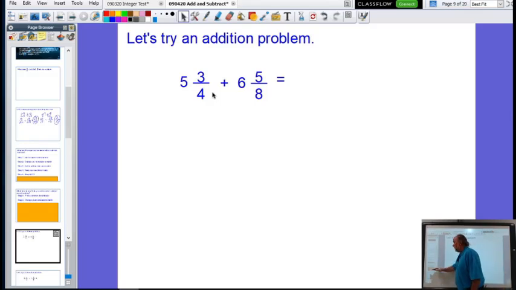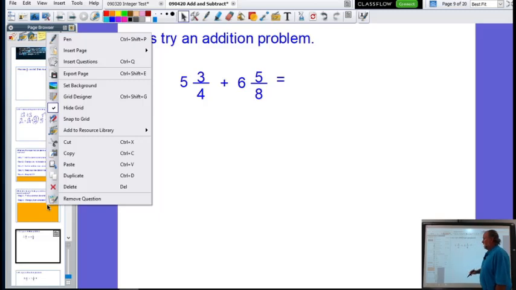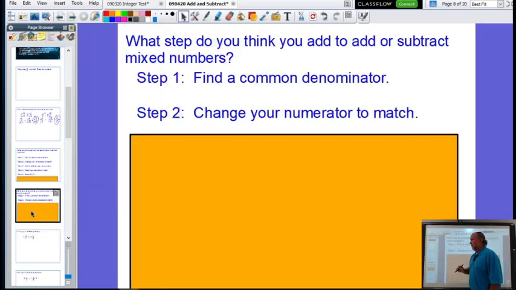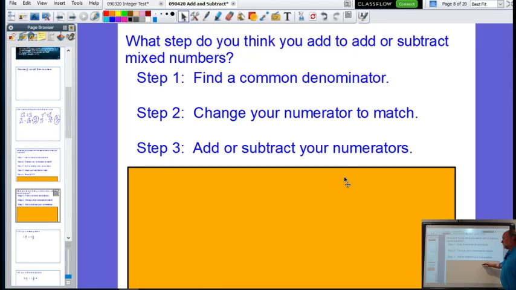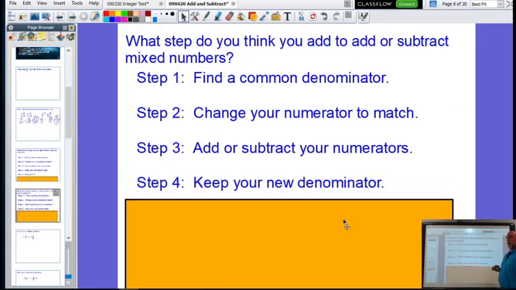That's not what we do in addition or subtraction. In multiplication, yes, that's what we do, but not in addition or subtraction. Because any way you look at it, you're still going to have to find a common denominator. Okay, so find a common denominator, change your numerator, add or subtract your numerators, keep your new denominator, but here's